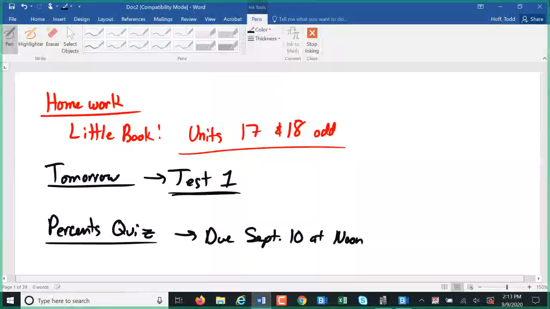On that first test, will we be able to fix the answers in